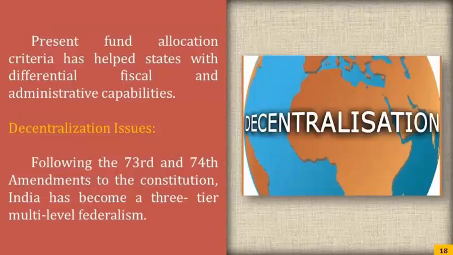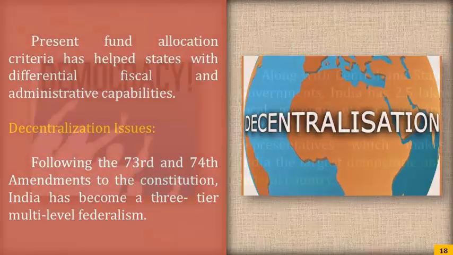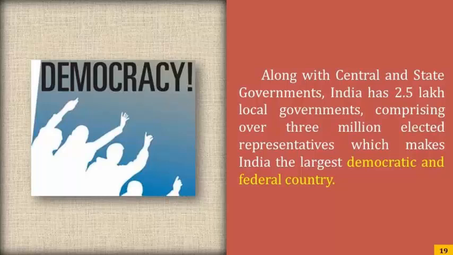Decentralization issues. Following the 73rd and 74th Amendments to the Constitution, India has become a 3-tier multi-level federalism. Along with central and state governments, India has 2.5 lakh local governments comprising over 3 million elected representatives, which makes India the largest democratic and federal